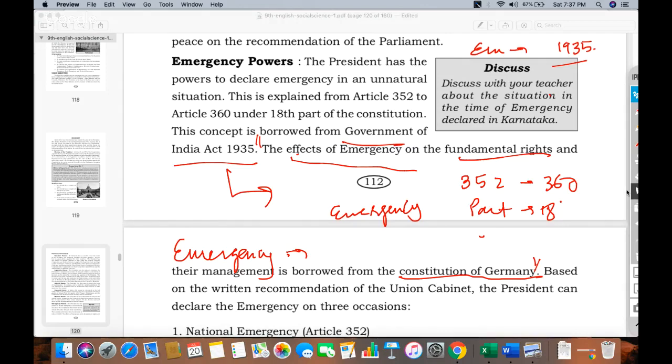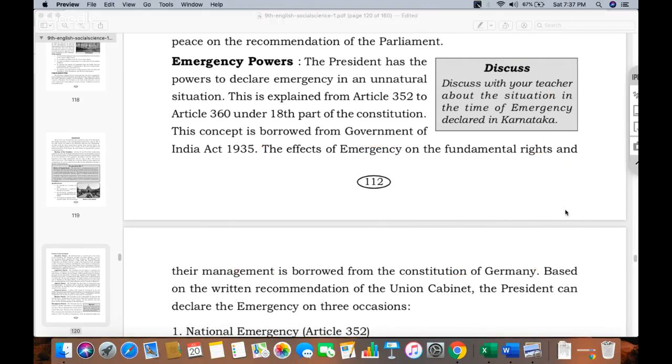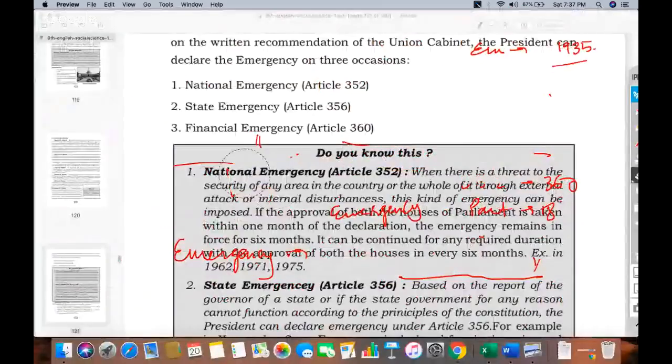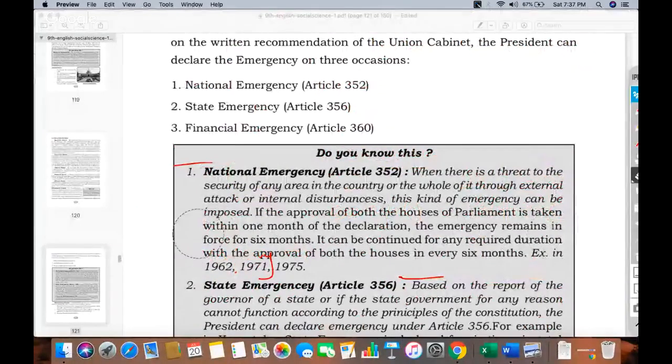So nobody can do anything about that. There we have national emergency, state emergency, and financial emergency. So I didn't discuss state emergency at that point of time, because state emergency is when the chief